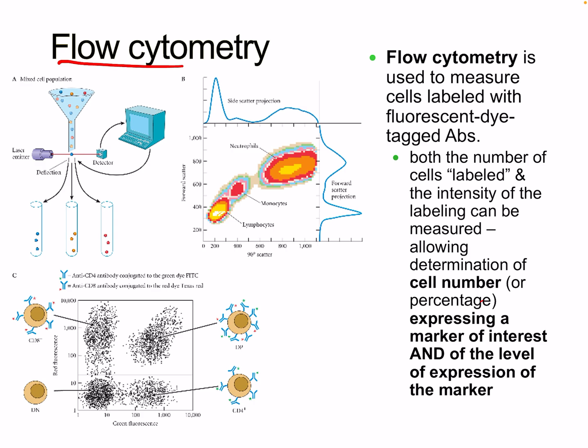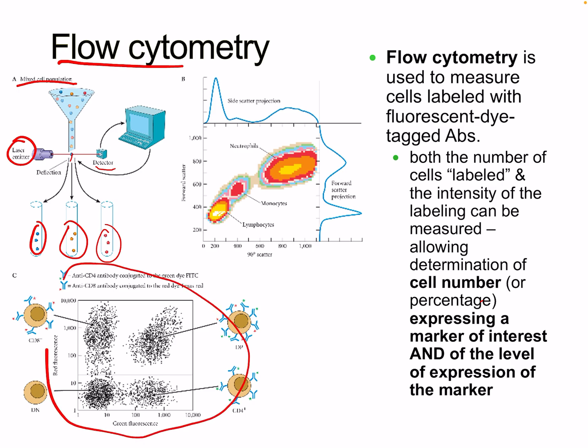So you can see there's a lot of light physics, essentially. When we use our laser emitter, we have our mixed cell population, and essentially it's filtered through this extremely powerful laser, and we have our detector. As these pass through, they can essentially determine which cell it is based on the fluorescent tag, and they're separated into different containers through the machine. They mostly give results something like this, where they can provide,